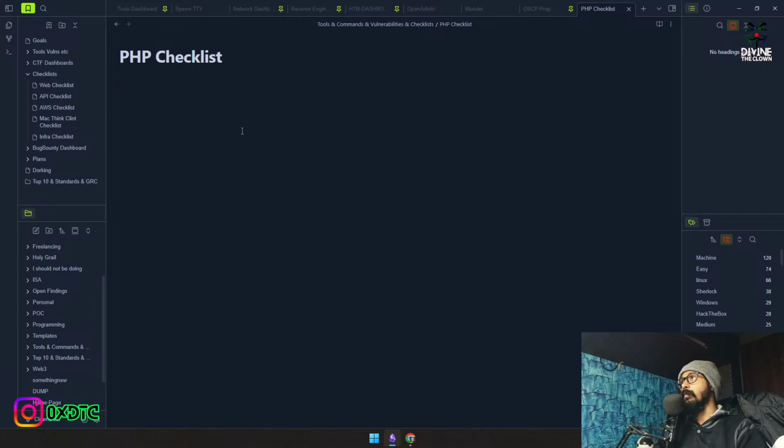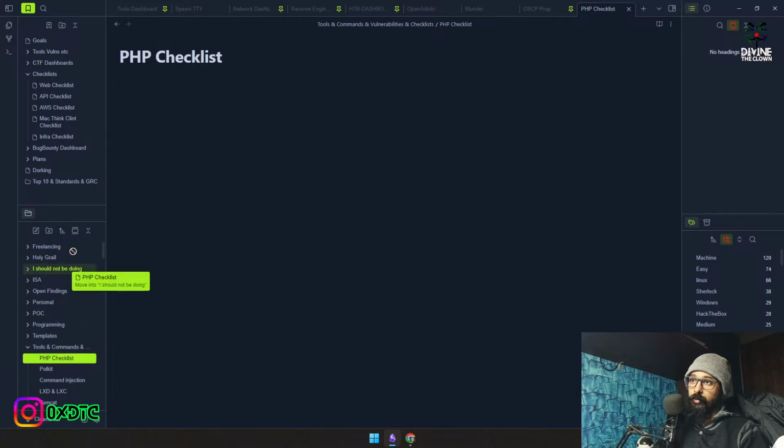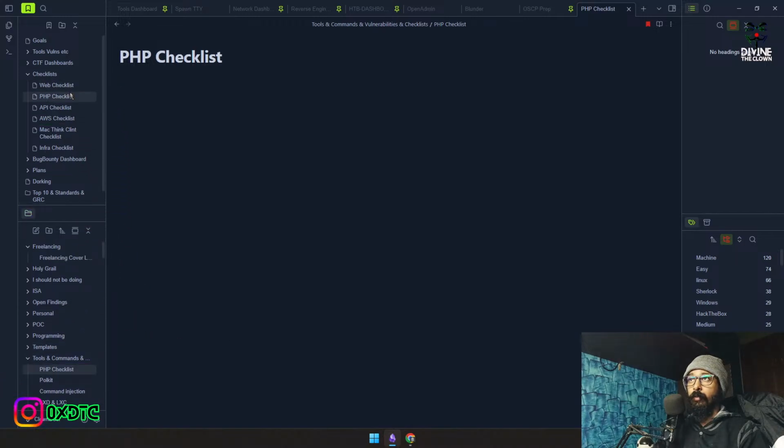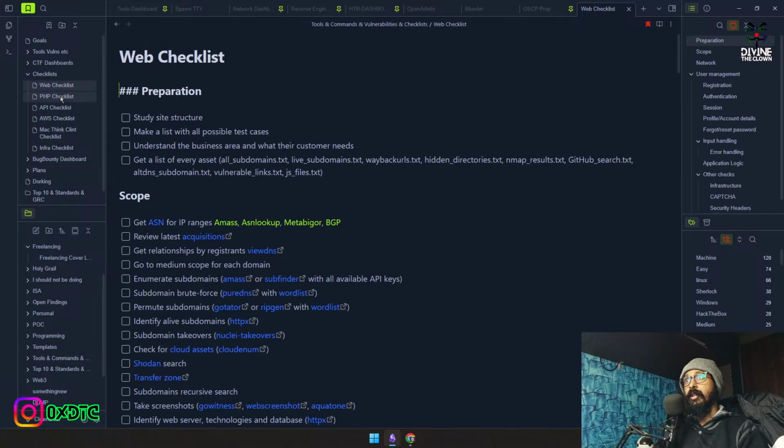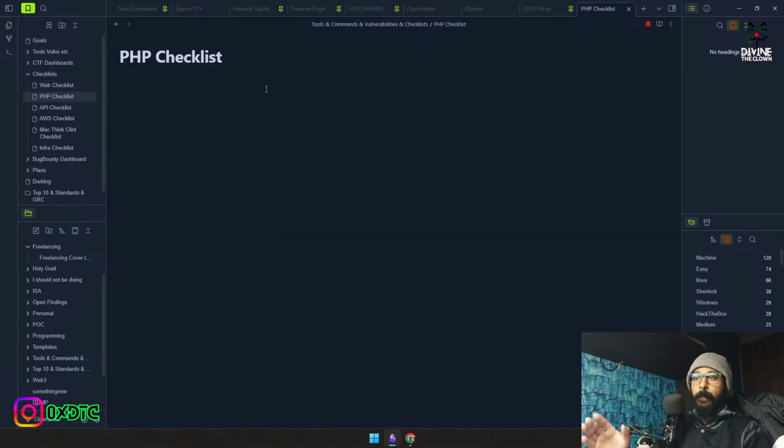Now here, I'm going to call it in here, not a new group. It's under this, and we're going to drag and drop it here. There we go. So now I have another bookmark for the PHP checklist. Here, the first thing is,